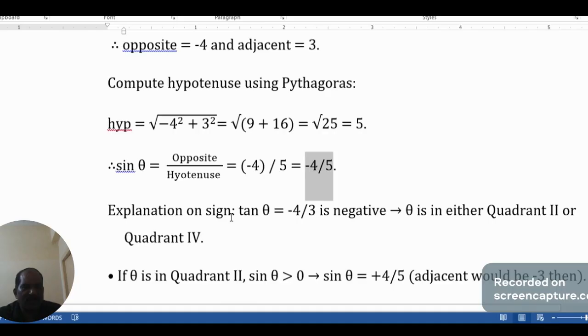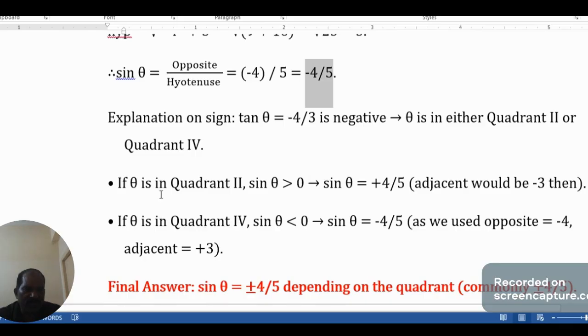Explanation on the sign: what is the sign of this and which quadrant is it going to come in? Tan theta is equal to minus 4 by 3, which is negative, which implies that theta is either in quadrant 2 or in quadrant 4, because tan theta is negative in quadrant 2 and quadrant 4. Suppose theta is in quadrant 2,